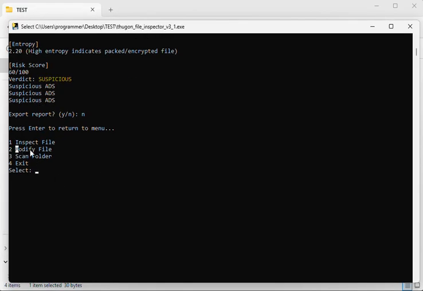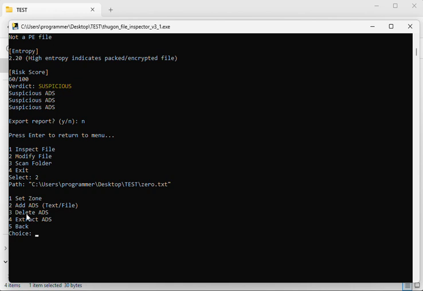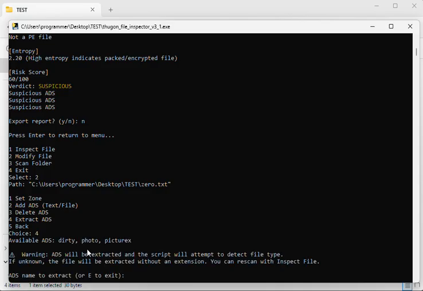Okay. We want to modify file. So we go number 2. The path, 0 text, okay, and I want to extract. Now you can also add, which I showed you earlier. You can set the zone. You can delete, extract. We're going to choose extract. We want to extract something. Now, when you do extraction, etc.,